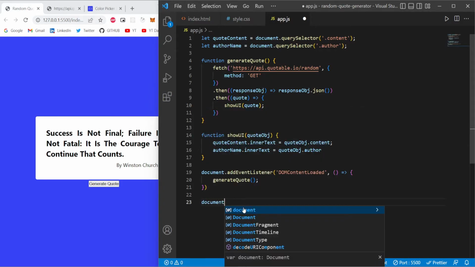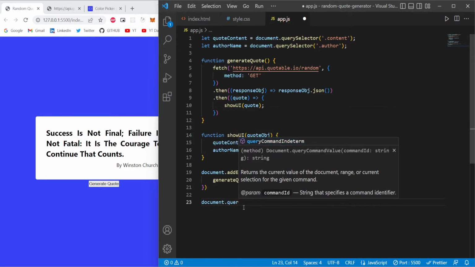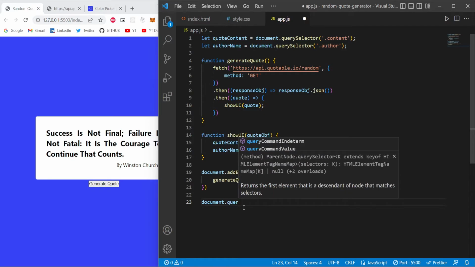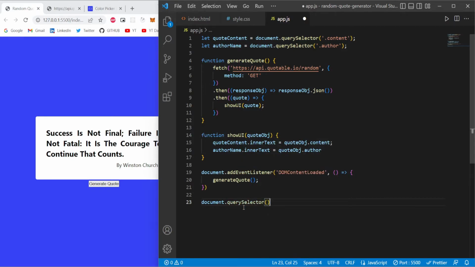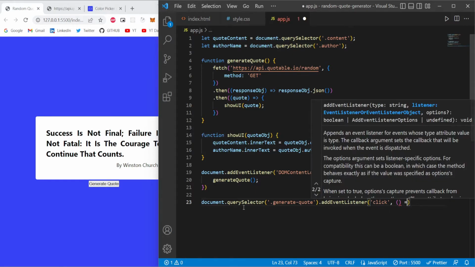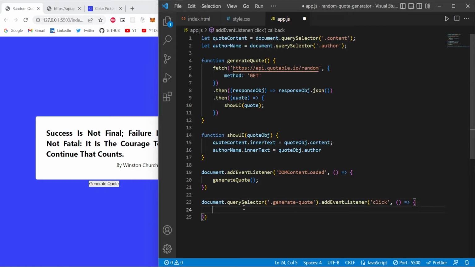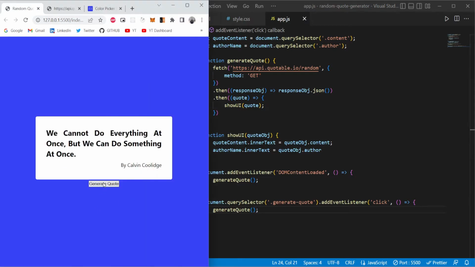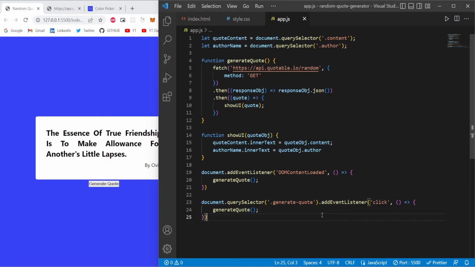Now let us try to implement the functionality. Document dot query selector. Okay, we simply want to target the button, query selector, and button has a class generate code. We want to add event listener. Now which event we want to add? Click event. Now it will take a callback function, okay, which will run when we click on that button, and simply we want to call this generate code function. That's it. Now see, a new code is getting generated each and every time whenever you click on this button. Okay,